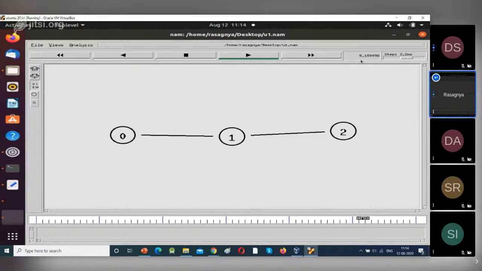After 5 seconds, node 2 had stopped its data transmission and at 6 seconds, the simulation will stop. So our simulation has been completed. Now close this window.